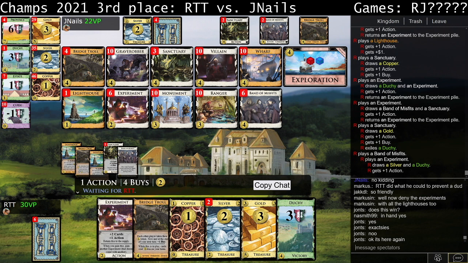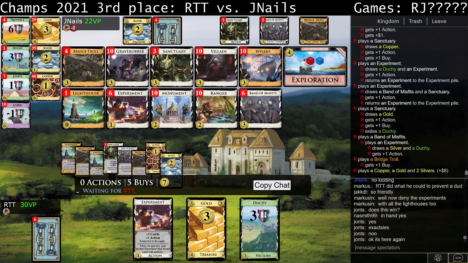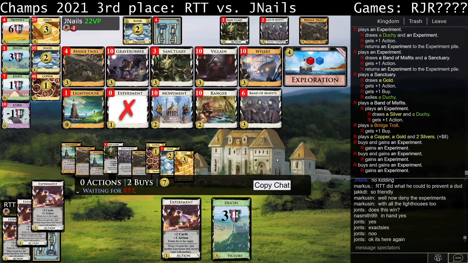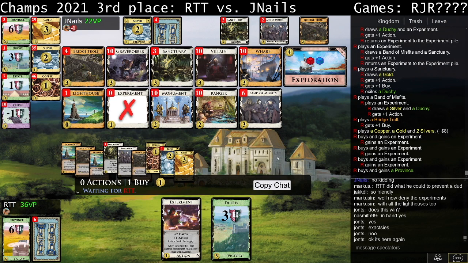I mean, we might see RTT play another pair of experiments, but draw another, still a win. He just needs to draw 2 money. Every time he draws an experiment, he needs to draw 2 money, and then it's a gain. So he has to draw 1 money and a sanctuary. I think stop. Yes. Okay, so RTT sees the win, so it will take a 2-1 lead. First player advantage. And so, technically this will be...